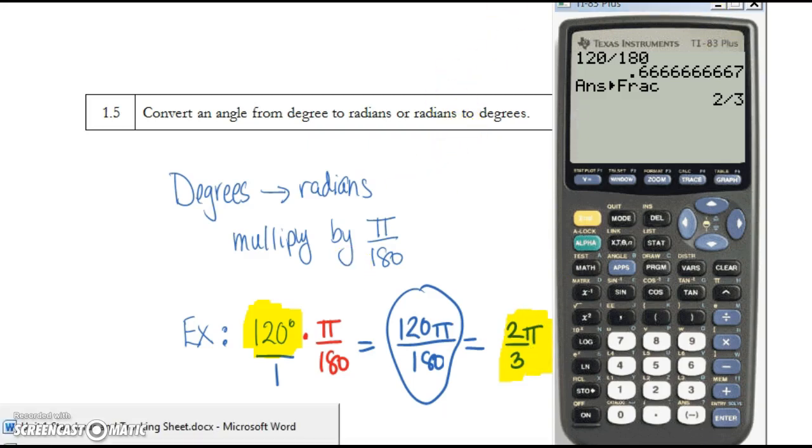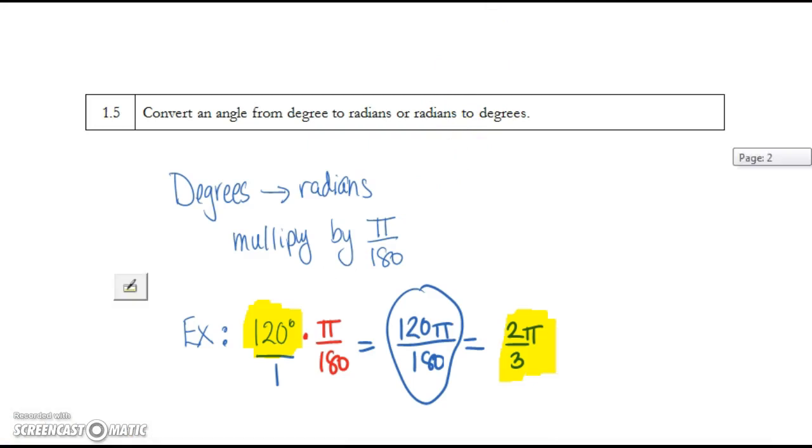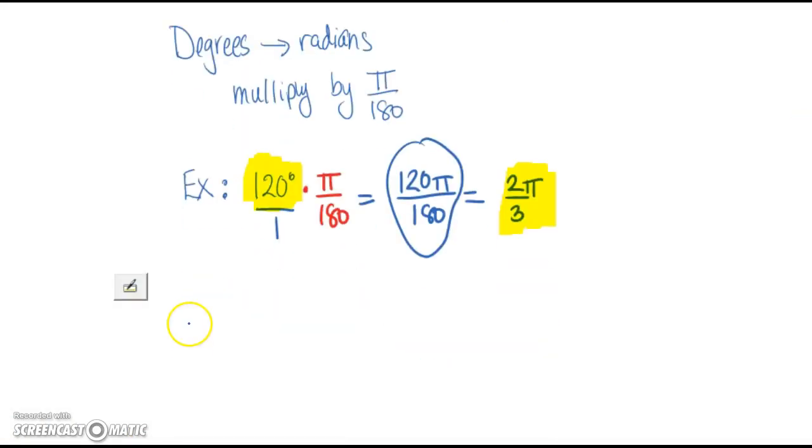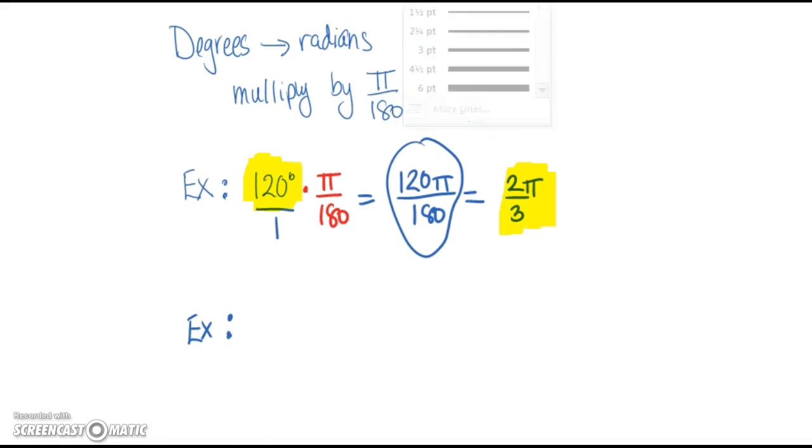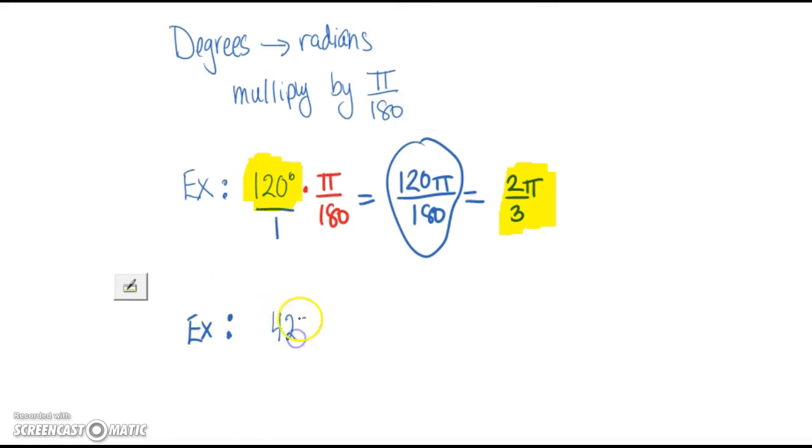Let's do another one. Let's take 425 degrees. Again, to convert into radians, multiply by pi over 180. So times pi over 180. You can put this over 1 if you wish, and then you can start by multiplying across. So we get